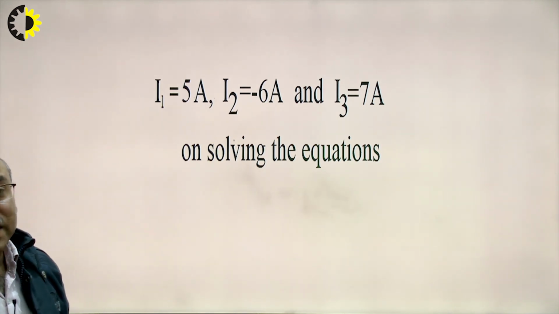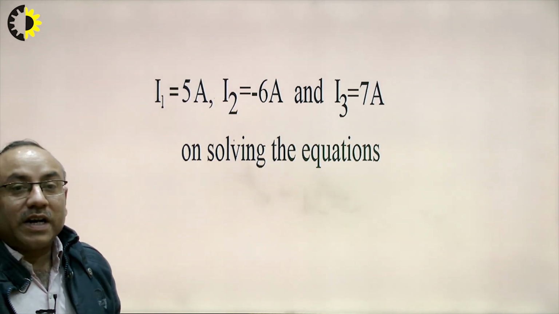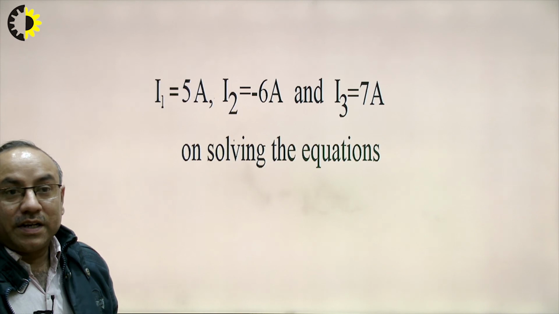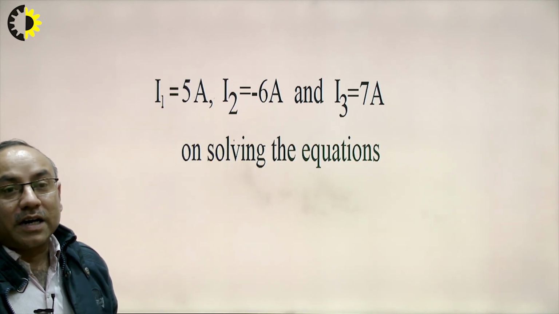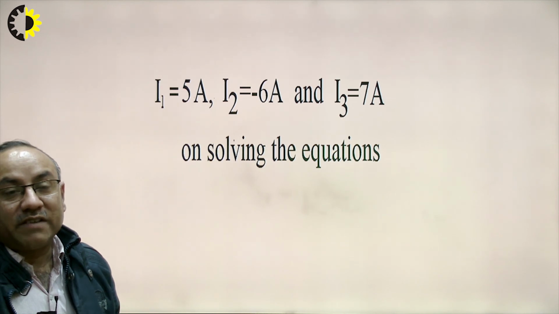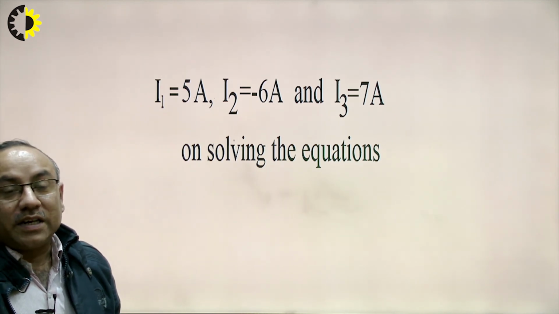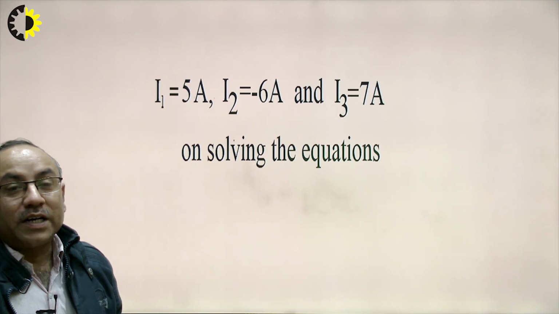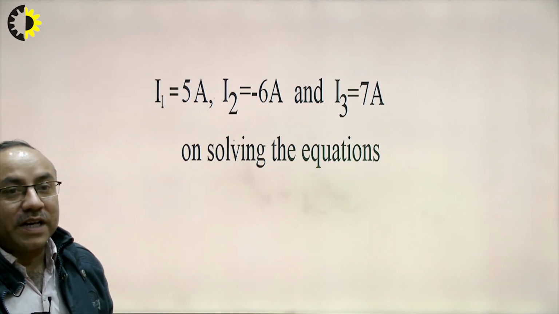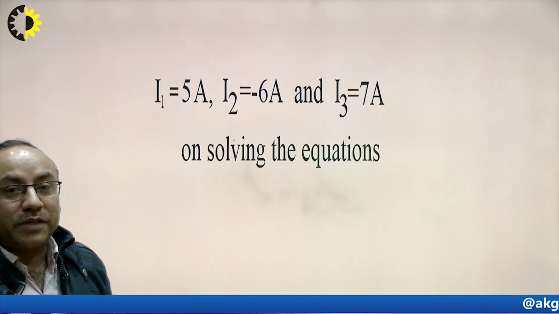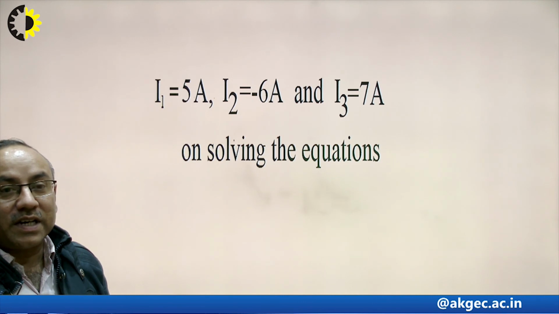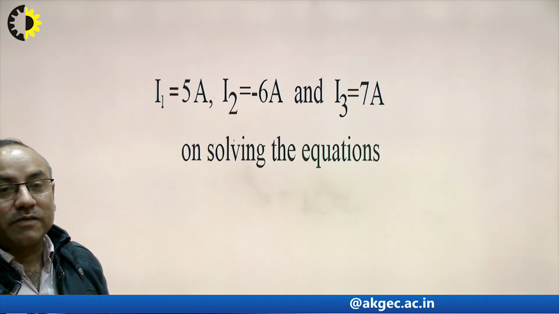Another thing, as we have already seen, I1 and I3 have positive signs, but I2 has a negative sign, that means I2 is minus 6 ampere. This indicates that the current I2 is actually in the reverse or opposite orientation of what we assumed, due to the negative sign. If the sign is positive, like in the case of I1 and I3, then the current is in the same orientation we assumed, but with a negative sign, the orientation will be the reverse of what we have assumed.